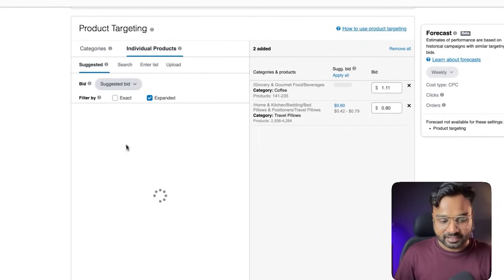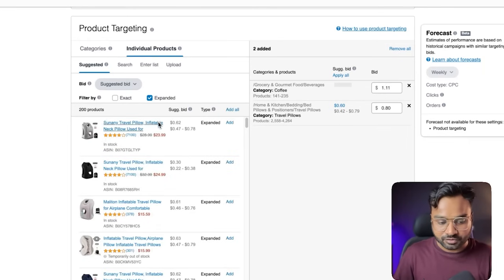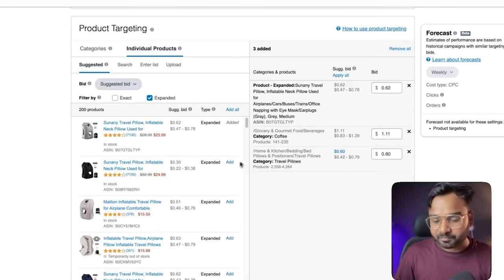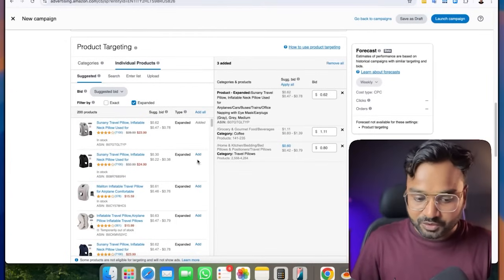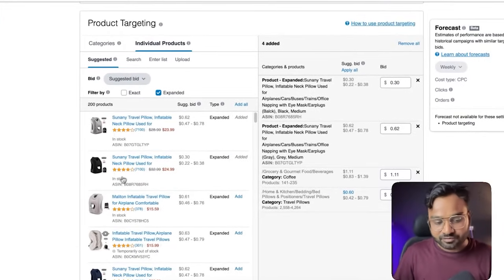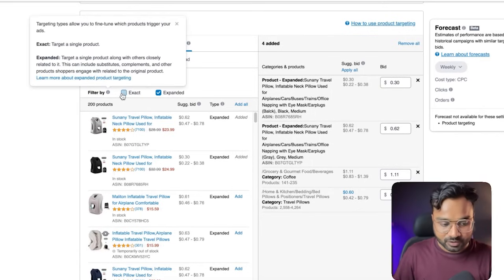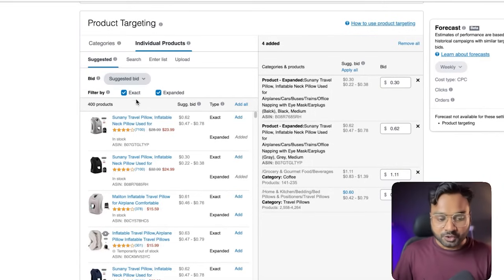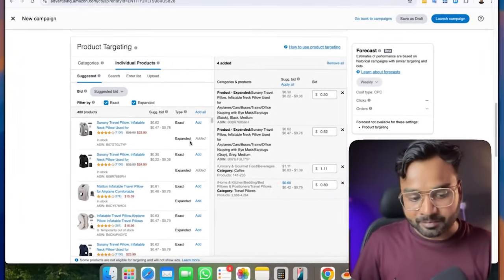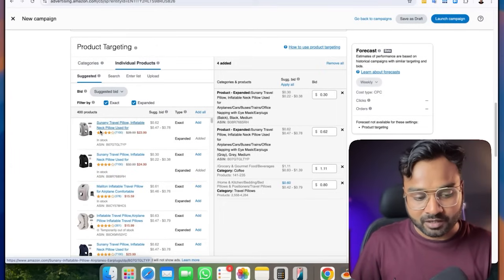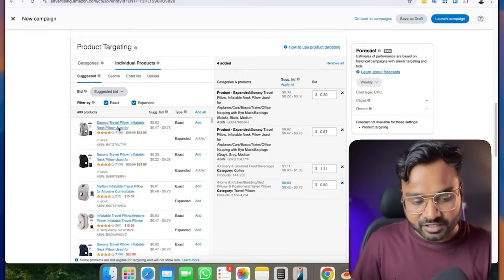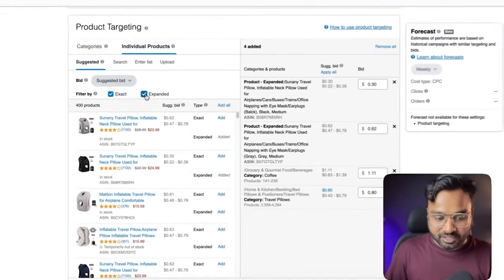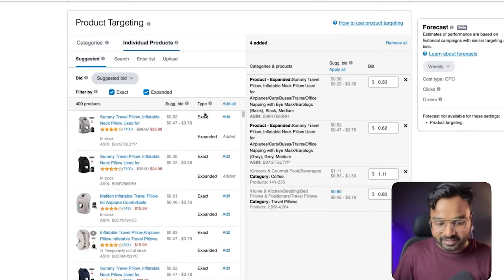Now if you want to add ASINs also, of course you can add them in the same campaign. However, I recommend creating a different campaign, but I'm just showing you, you can do that. So simply select from targeted campaign. You can see there are these two filters here. You can target exact match and expanded match. Exact match means they will show your ads below this product detail page. Expanded, Amazon is going to show your ad on relevant product detail pages as well. So you can go with either only exact or both exact and broad.